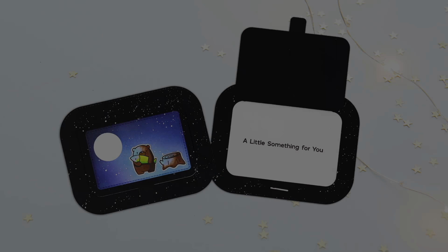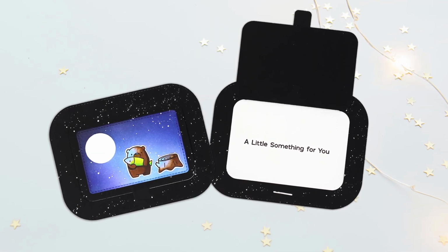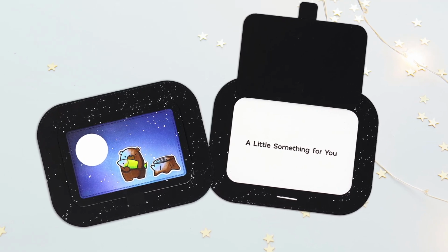So here's the finished card where I did go back and color the bear's nose and put a little white highlight on there. The part on the right has the